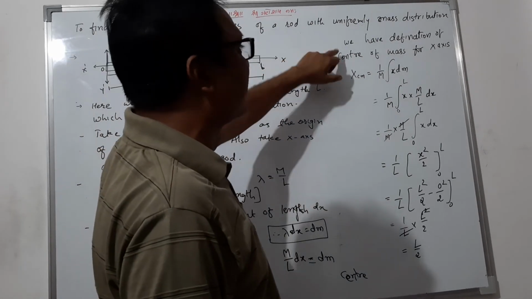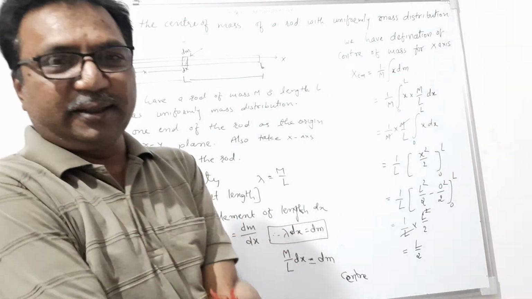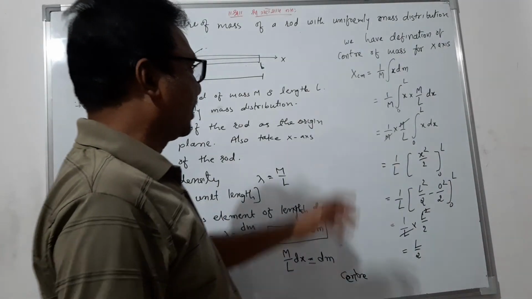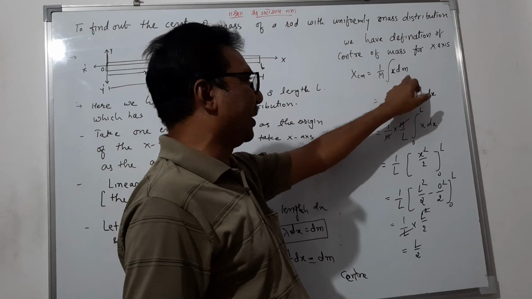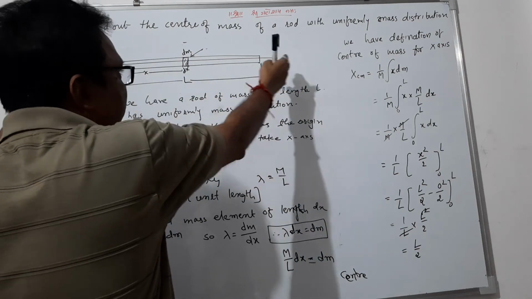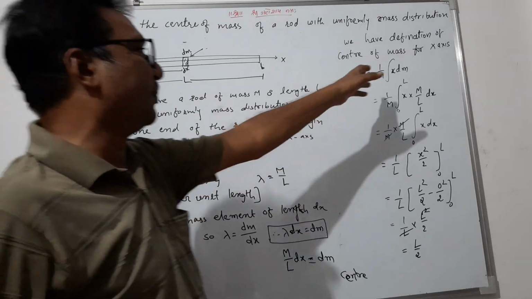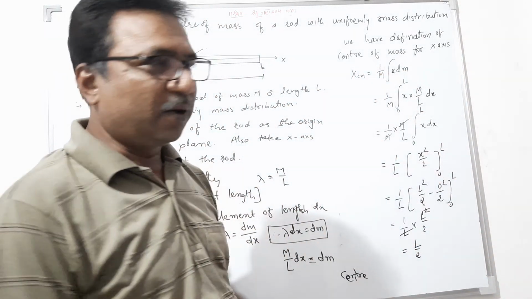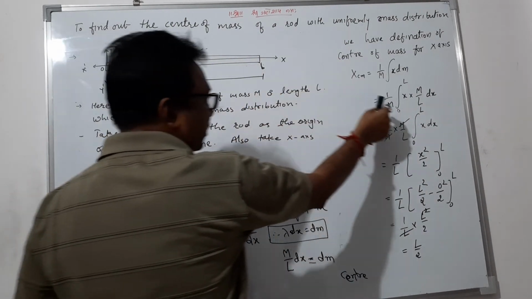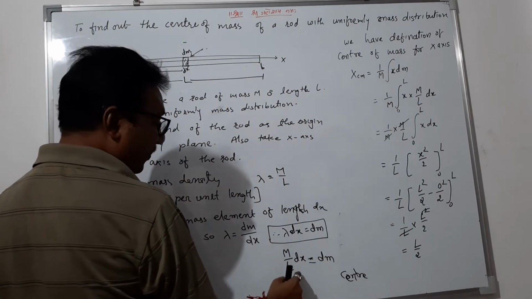We have the definition of center of mass for the x-axis, which was done in an earlier lecture. So xcm is equal to 1 upon m integration x dm. It is the addition of all the mass elements dm from here to here. When we add, it is taken in the form of integration. Integration is the sum of all elements. So here 1 upon m and the limit is from 0 to L, x, and here dm is equal to m upon L dx.